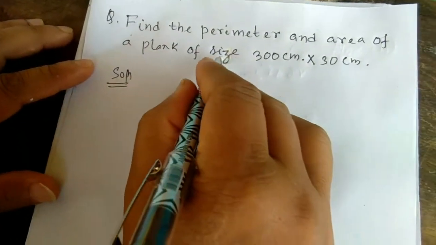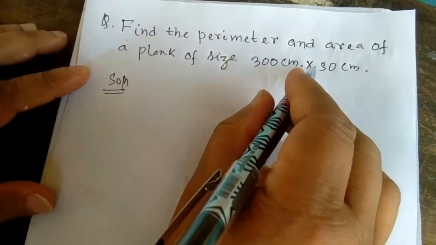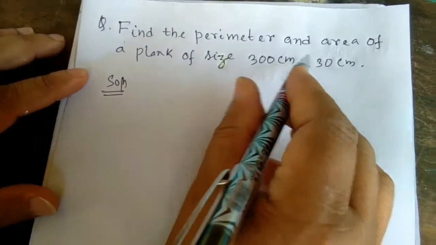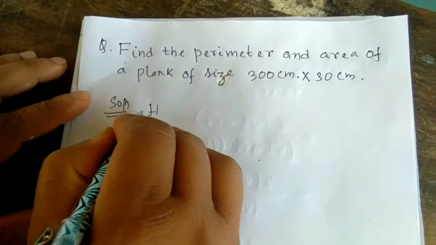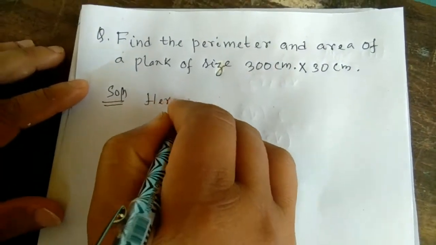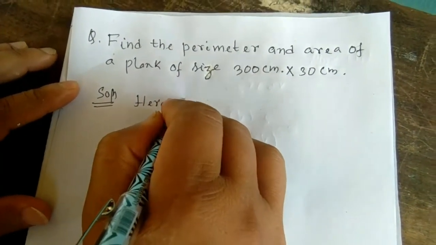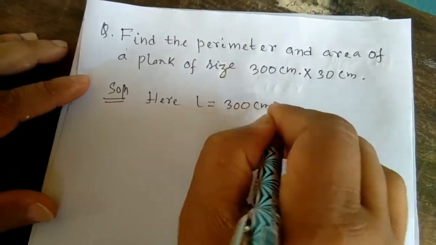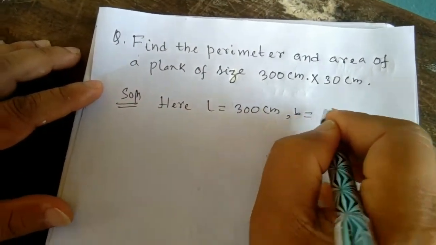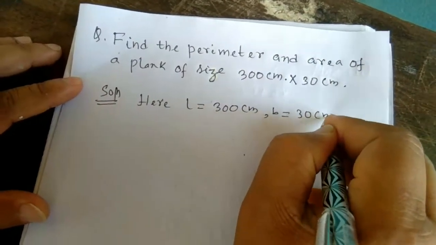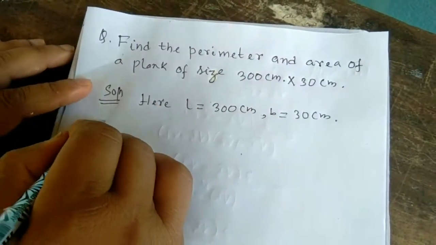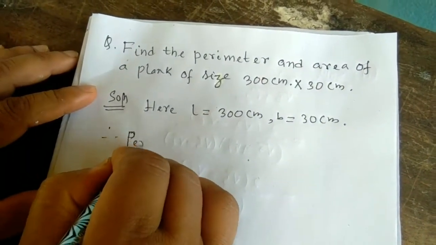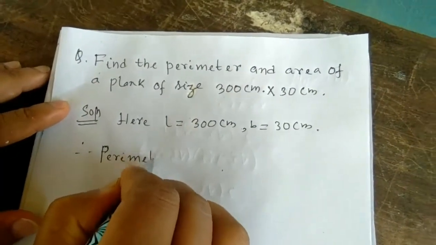Here size given 300 by 30 centimeter. So this is your length, this is your breadth. So here L means length. L length equal to 300 centimeter and breadth equal to 30 centimeter. Therefore first to find perimeter. Therefore perimeter